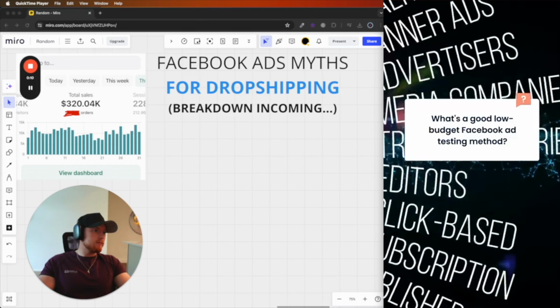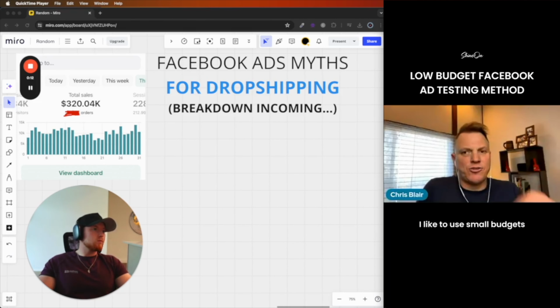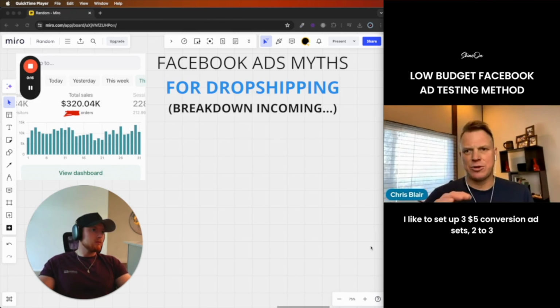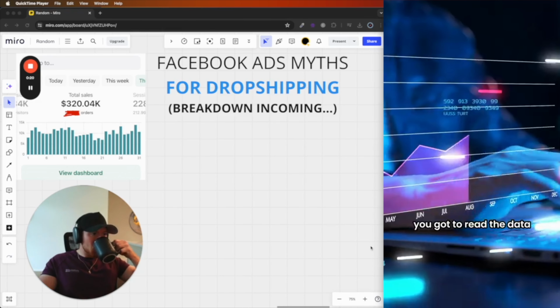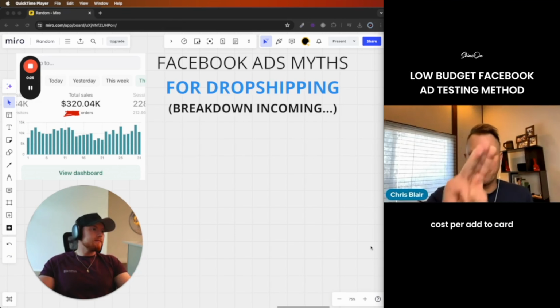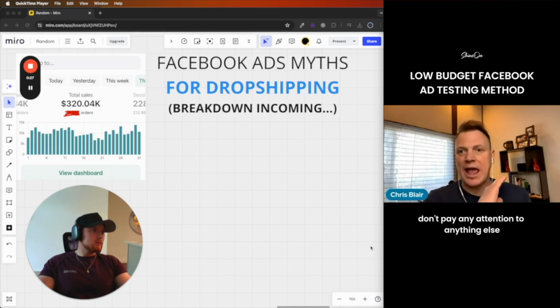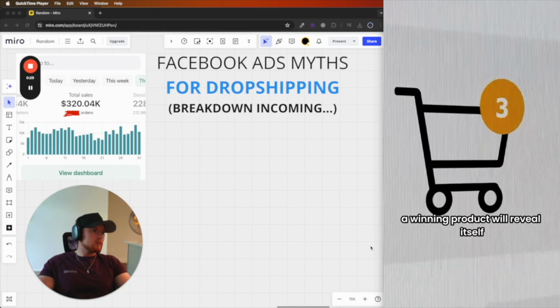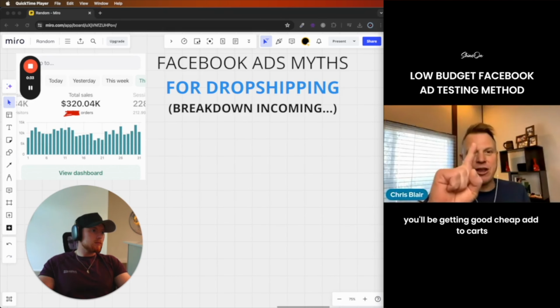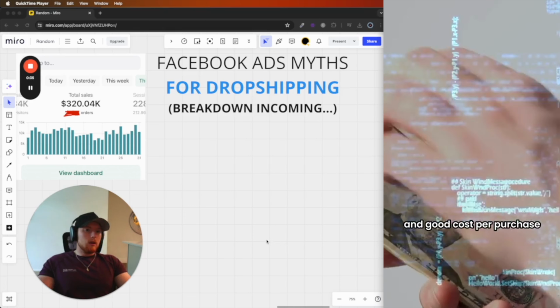I want people to have kind of a testing method. I like to use small budgets. You're better off testing many different prototypes. I like to set up $3, $5 conversion ad sets, 2 to 3. You got to read the data. There's 3 data points. There's cost per purchase, cost per link click, cost per add to cart. And I literally don't pay any attention to anything else. A winning product will reveal itself. It'll be obvious. Yeah. You'll be getting good cheap add to carts, good cheap link clicks, and good cost per